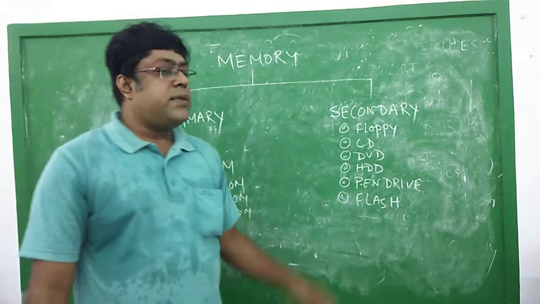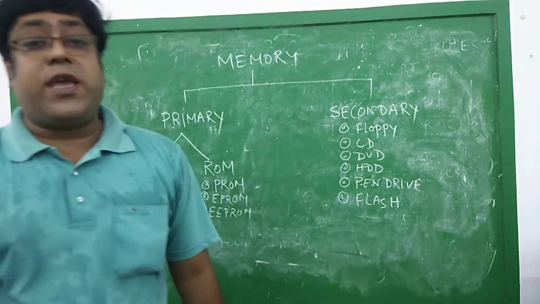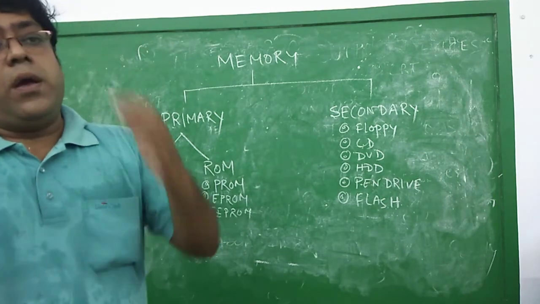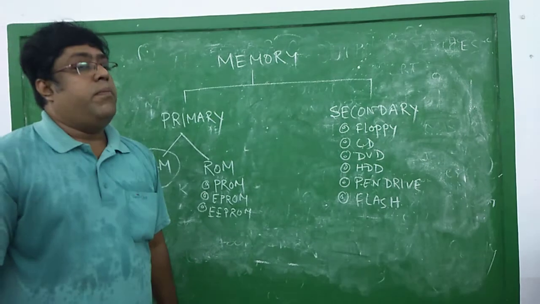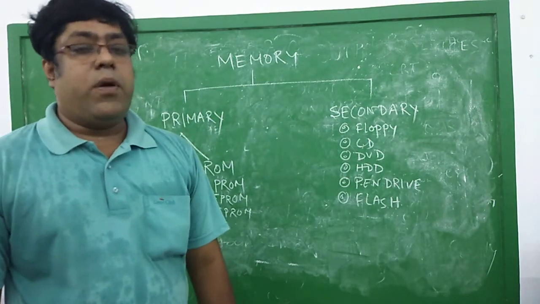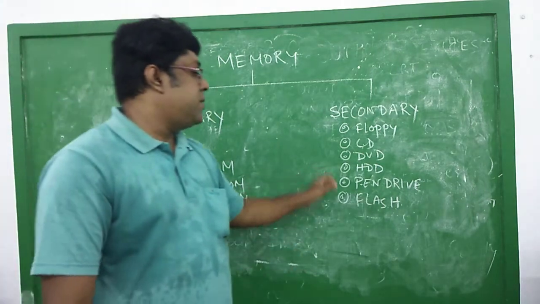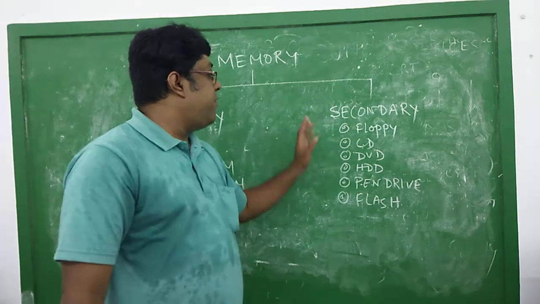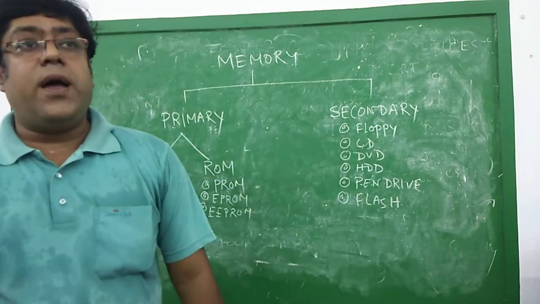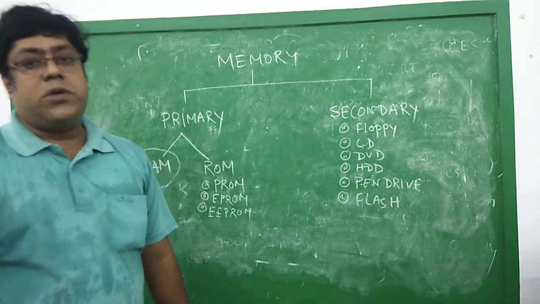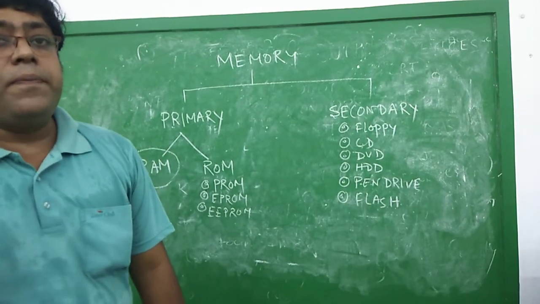In case of hard disk, it has a huge capacity to store the records in our computer. In computers, the operating systems and other important programs are stored in a hard disk. Pen drives and flash drives, CDs, DVDs, floppies, all are detachable parts of the computer. So this is also a detachable memory.